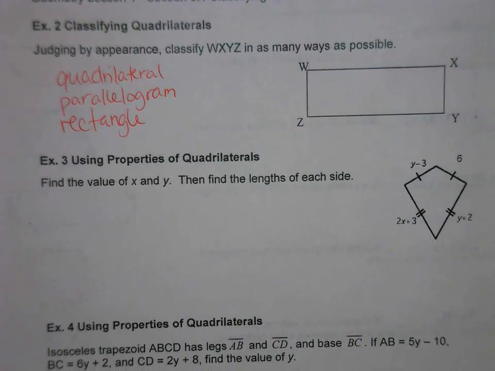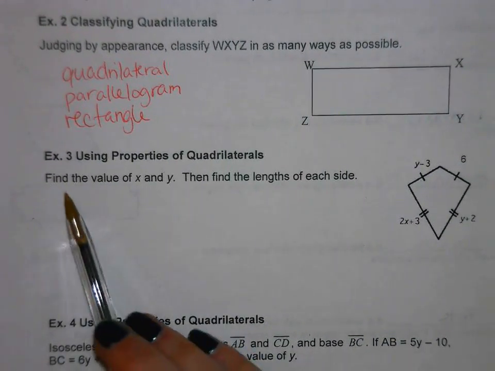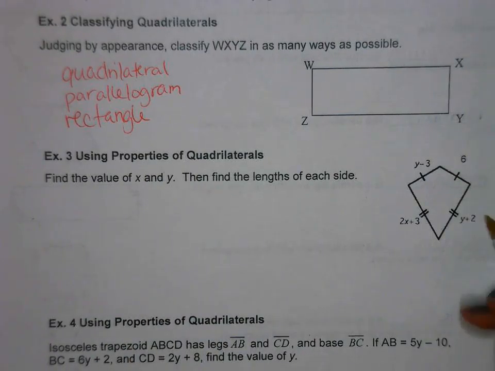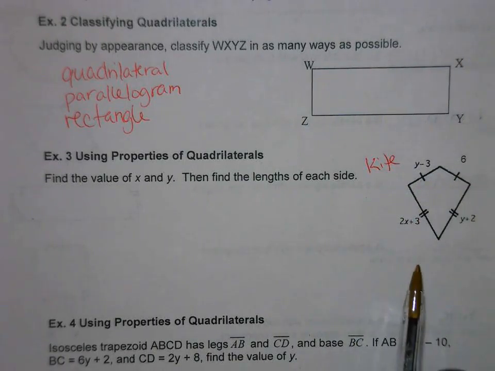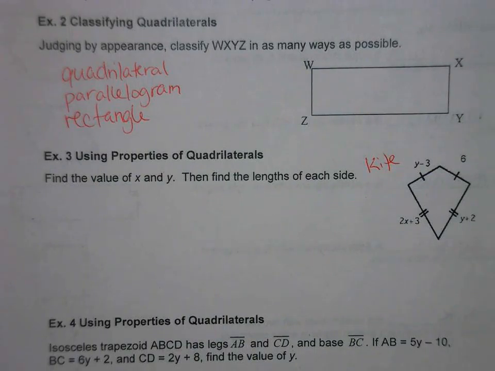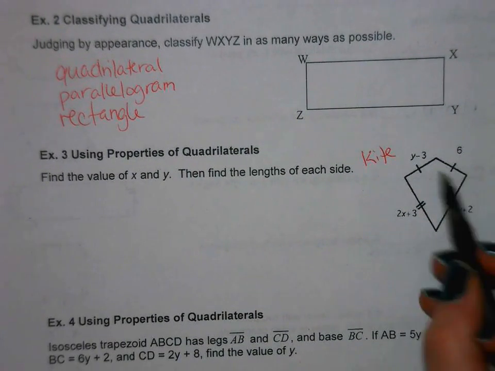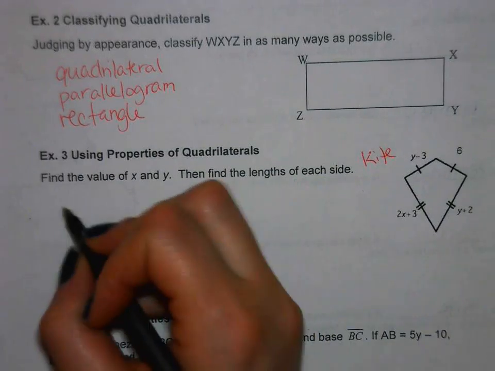Alright, let's look at example 3. Find the value of x and y. So right here we are working with a kite. And we know it's a kite because we have adjacent sides that are congruent and the opposite sides are not congruent. So if we take a look at this problem, we know these two sides are congruent, which means that